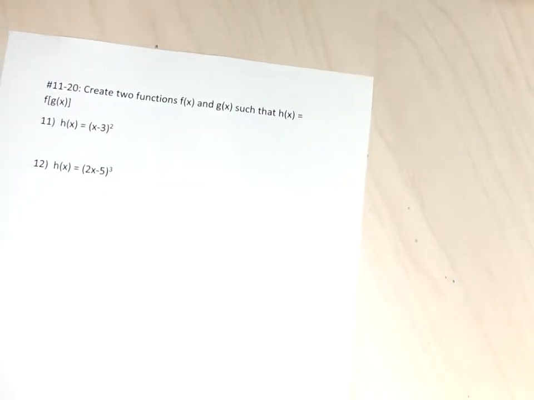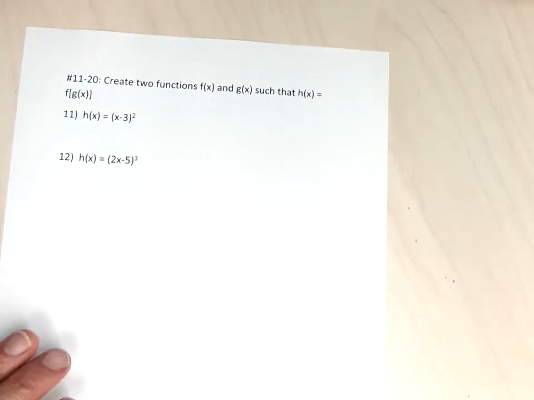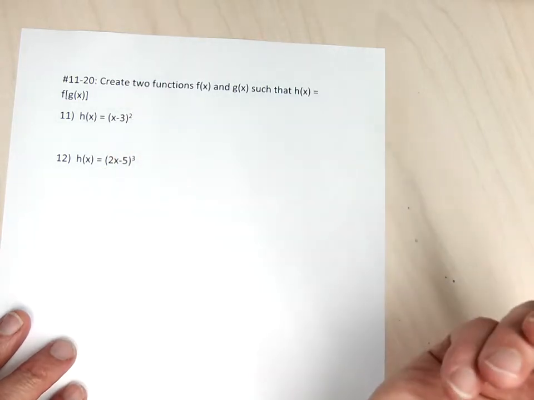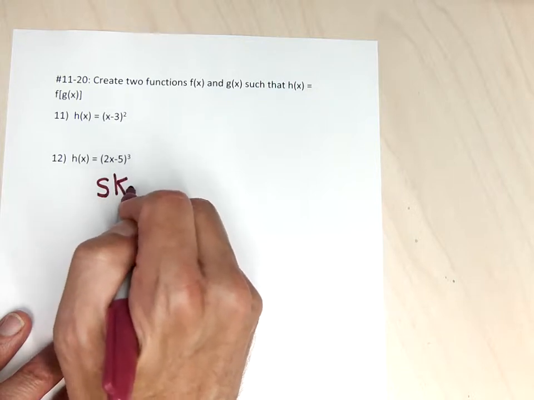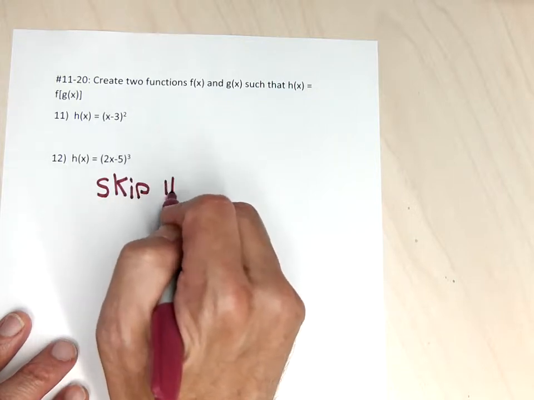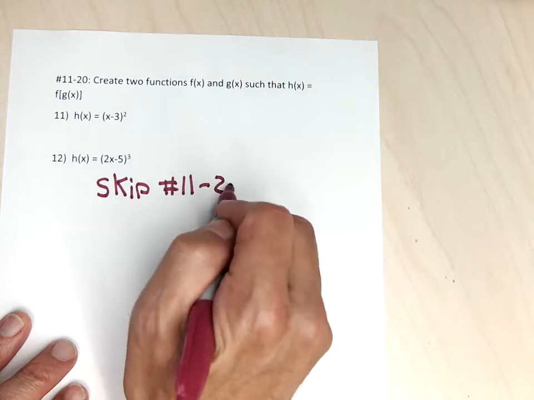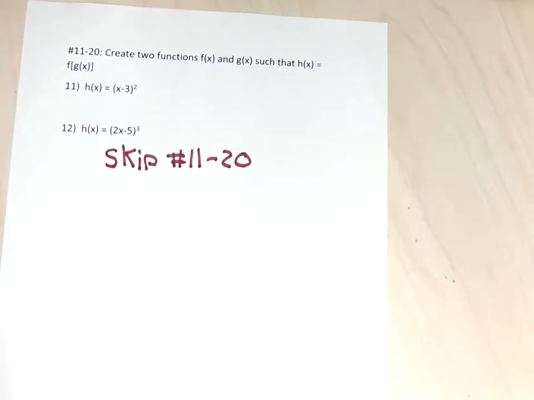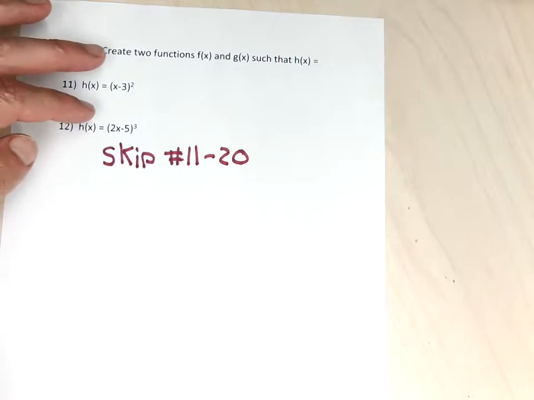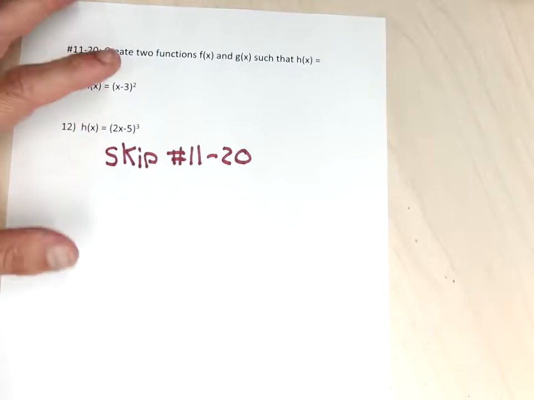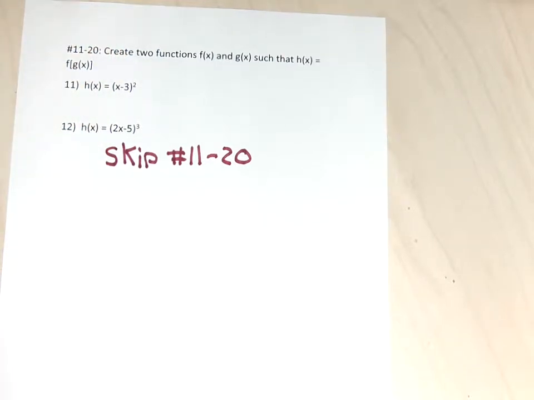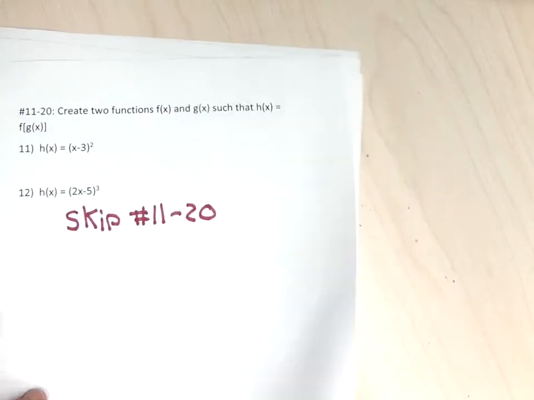So I'm skipping all the way between 1 and 10, and I'm just going to start going into the problems between 11 and 20, and I'm going to completely ignore my instructions. I guess we can skip 11 through 20 too. How beautiful. 11 through 20 are also more problems that, if I was teaching how to use the chain rule, how to find the derivatives of parentheses that have exponents outside of them, this is more theory that we can bypass. How beautiful is this? And it's not going to impact us in the least. So skipping all the way from 1 to 20,